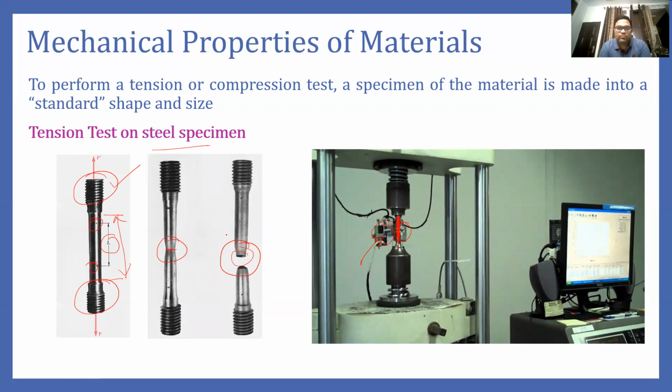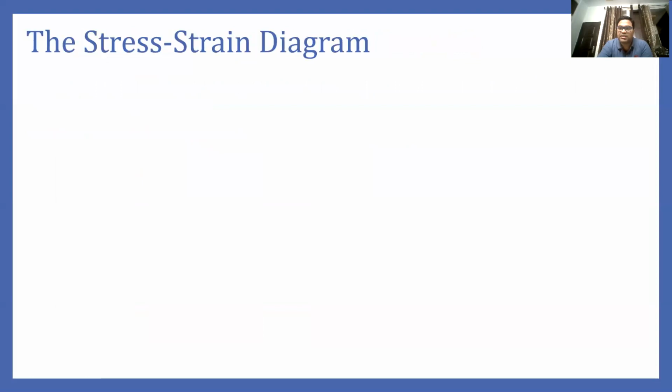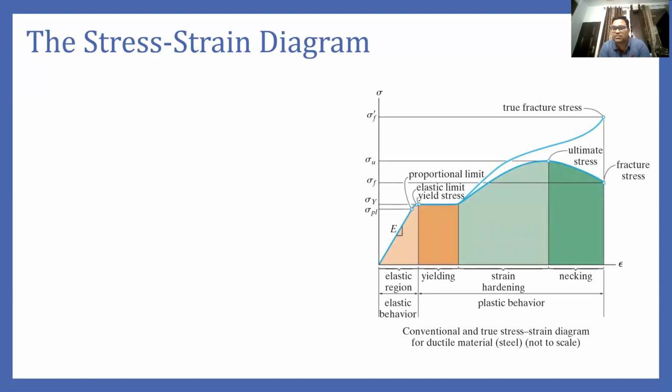Now, once we determine the load data and the deformation data of this specimen, we can plot the result to find the curve, which is called the stress strain curve. The stress strain curve can be expressed in two ways. One is the conventional way, and the second is the true stress strain. First we will discuss the conventional stress strain curve because this curve is very important for understanding the behavior of the material.